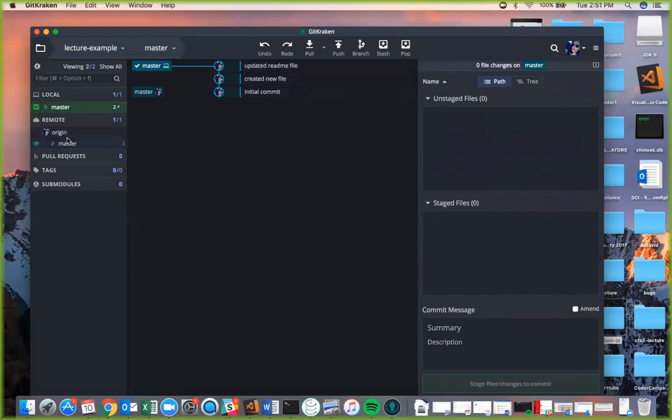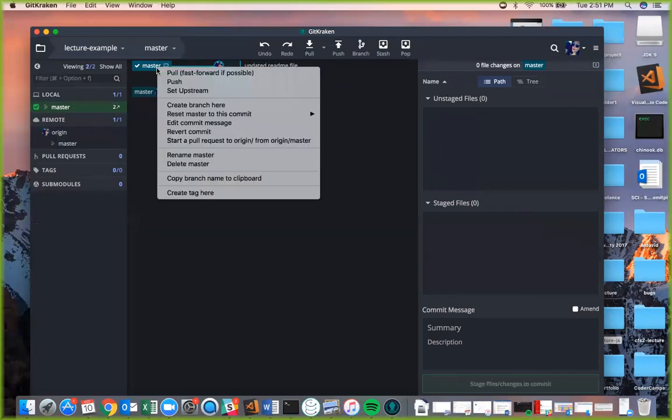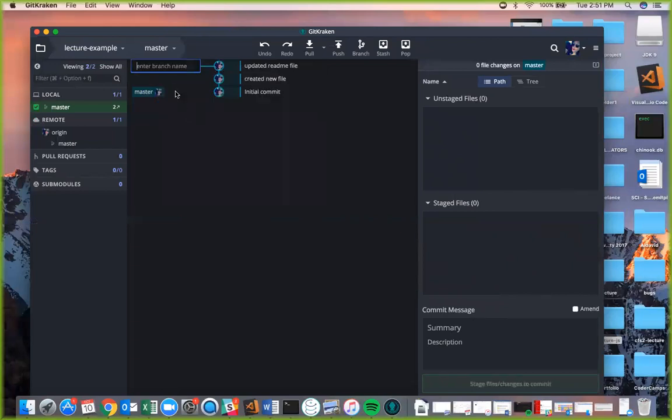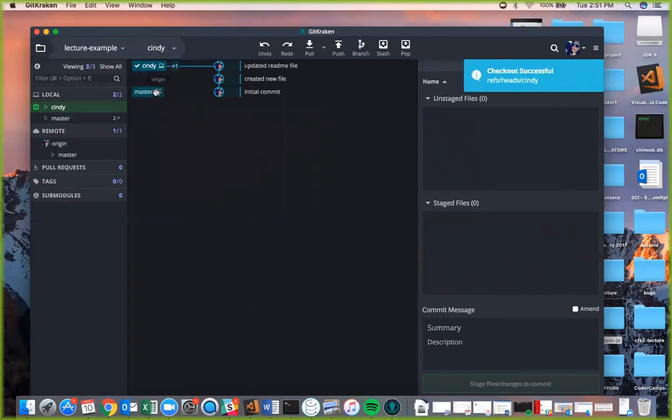So let's say that I wanted to create a branch off this. Let's say I have Cindy jumping in on my project. So I'm going to right click and create a branch, and I'll call it Cindy. And there we have two branches. So if I go